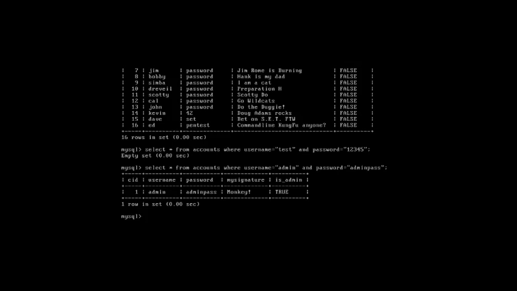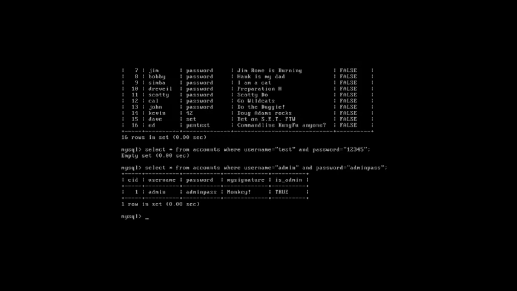Now suppose we don't have any idea about the username and password. How can we find out some result without knowing them?